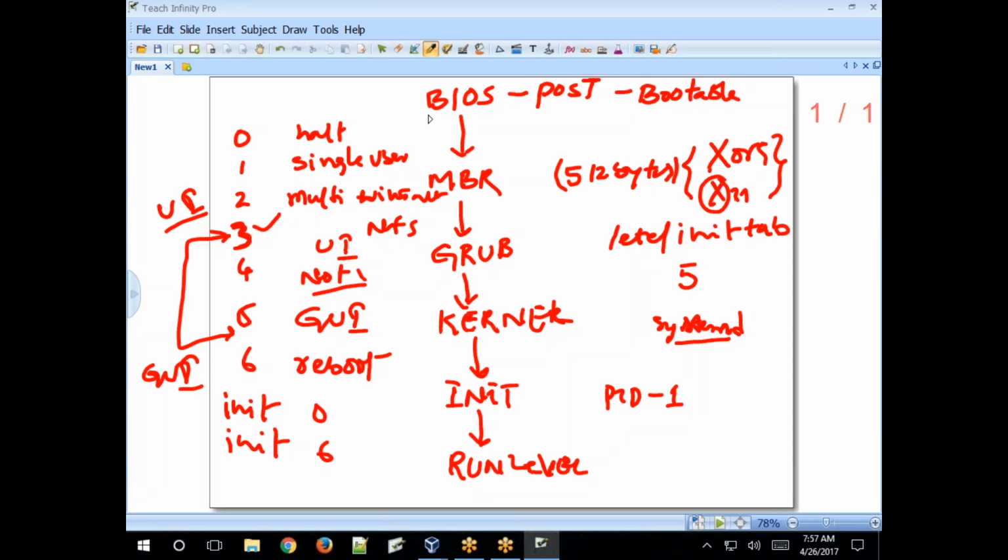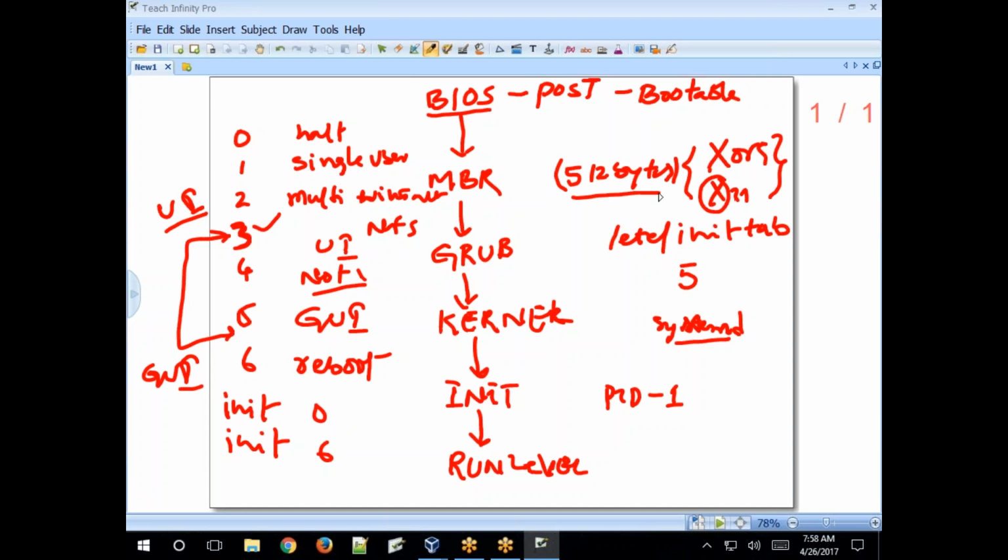So just understand, right? When you power on the system, BIOS wakes up and performs POST. BIOS means basic input output system, and it performs POST, power on self test. So it checks all the hardware peripherals' functionality, whether the device is functioning properly or not. Once this step is done, it will look for a bootable device. Once it finds the bootable device, it will execute the MBR, which resides on the first sector of the bootable device. That is a small program, 512 bytes.